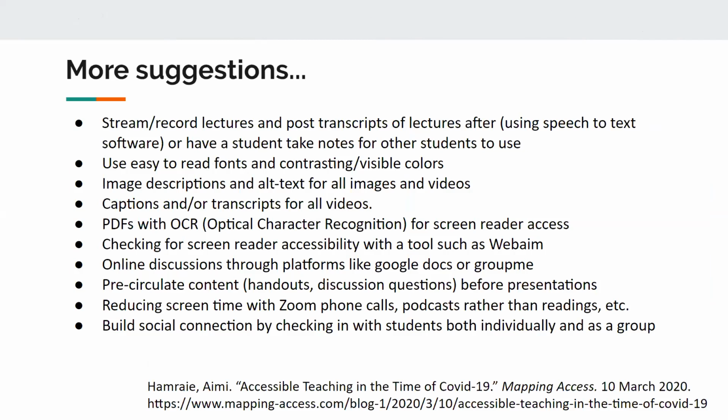Here are some more detailed suggestions, which are mainly compiled from a blog post written by Dr. Hamrai in Vanderbilt's Medicine, Health, and Society Department. You can pause the screen now or check out the post itself by searching for accessible teaching in the time